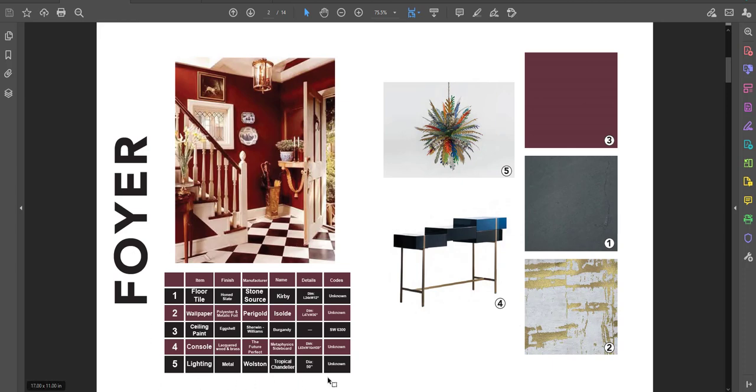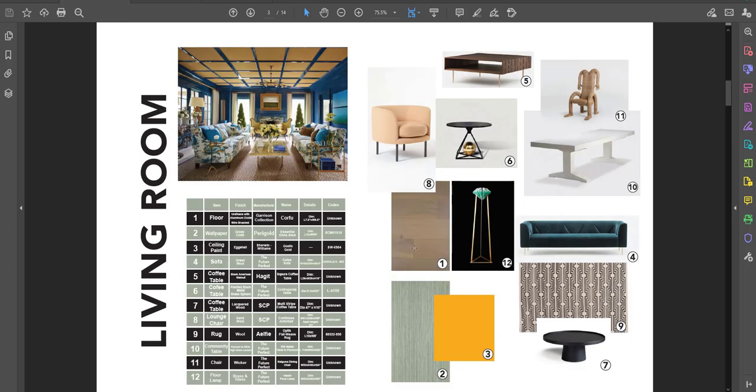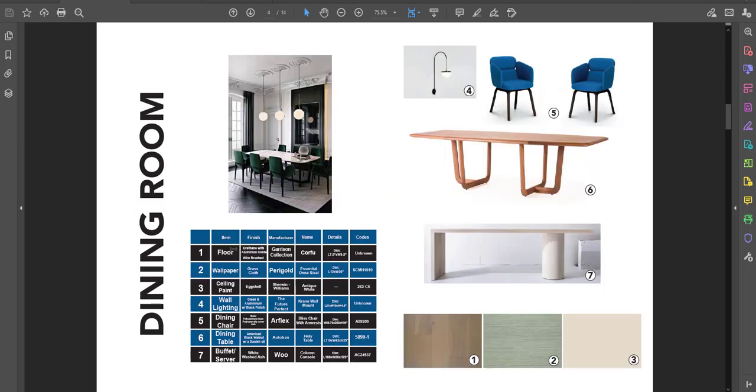And then here we're seeing the schedule. So we're seeing a code, and then the item, floor tile, wallpaper, ceiling, the finish, manufacturer, and so on. And you'll see, each person has done this differently, okay? So looking good, we're moving on. Okay, so I get to the living room. Inspiration image, then the furniture, materials, lighting, their first shot at these selections, and then the schedule. This person color coordinated their schedule with each page as sort of a graphical element, which is something you could certainly do. Okay, and so it just makes its way through